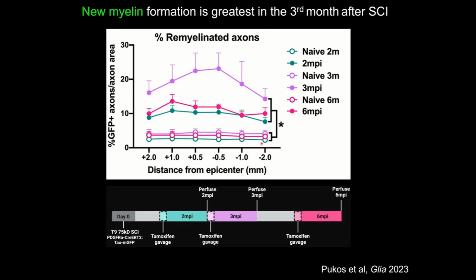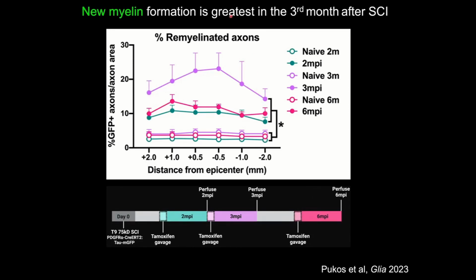So animals, when she looked at it 2 months post-injury, had significantly more myelin, shown here in the green line, than the animals from this 3 month post-injury point. You can see they had significantly more myelin compared to the earlier time points and compared to age-matched controls. And then with the 6 month animals shown here in pink, we still see quantifiably increased new myelin compared to uninjured animals.